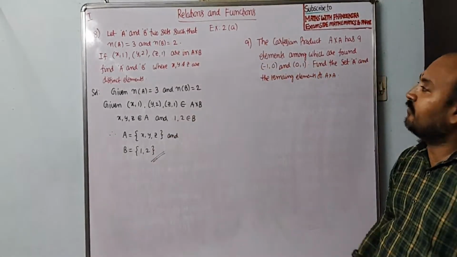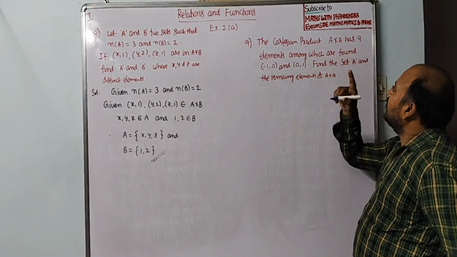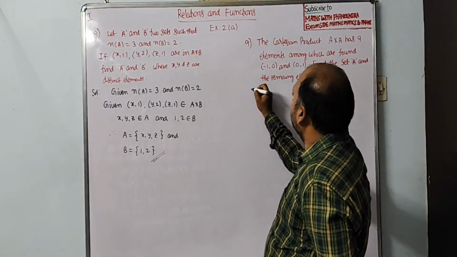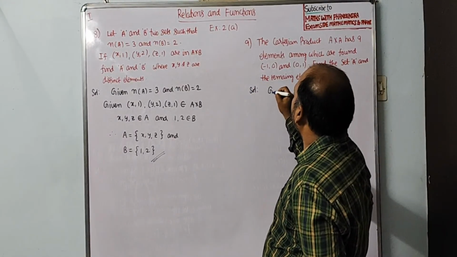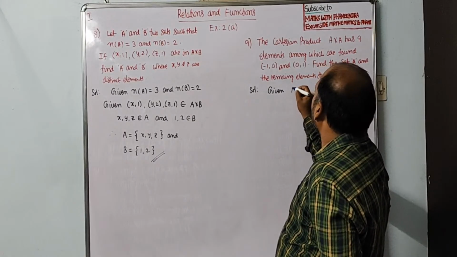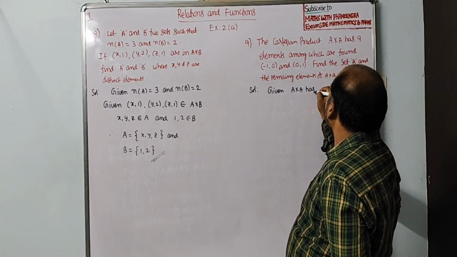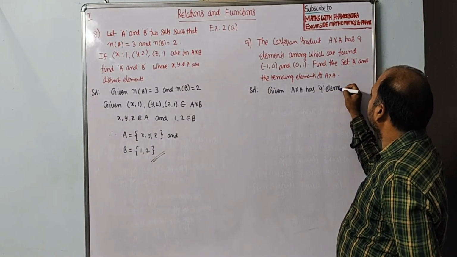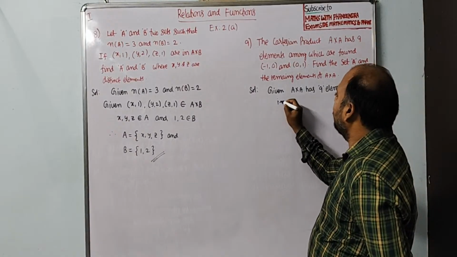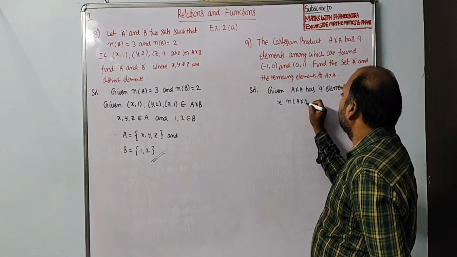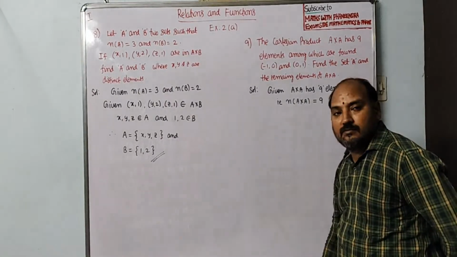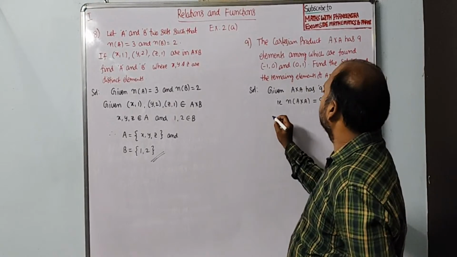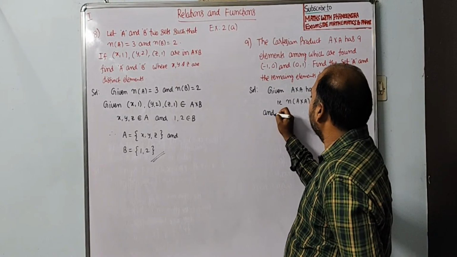We'll move to this one. The Cartesian product A cross A has 9 elements, among which, so given data is what? Given A cross A has 9 elements. That is, n of A cross A is equal to 9 elements. In that 9 elements, 2 elements belong to it. So, and also given